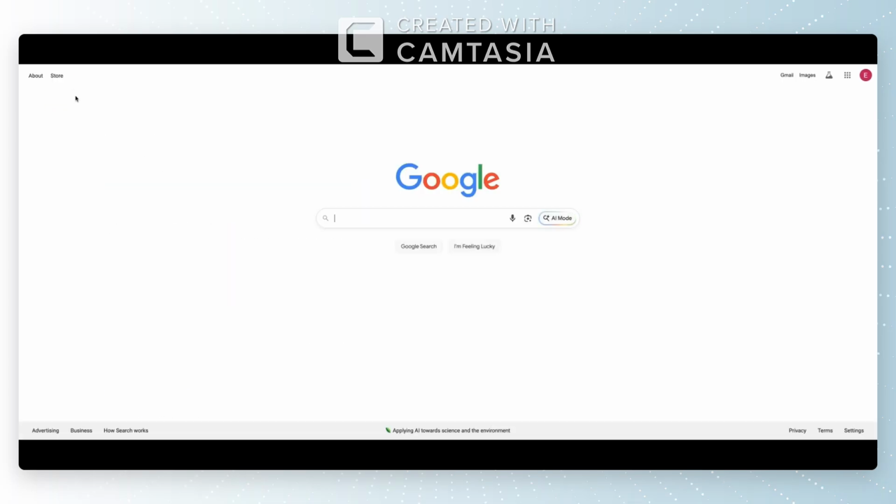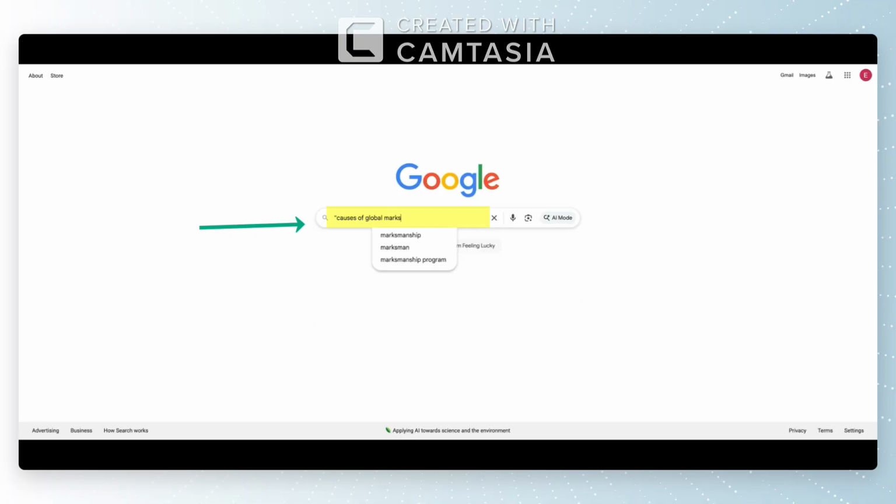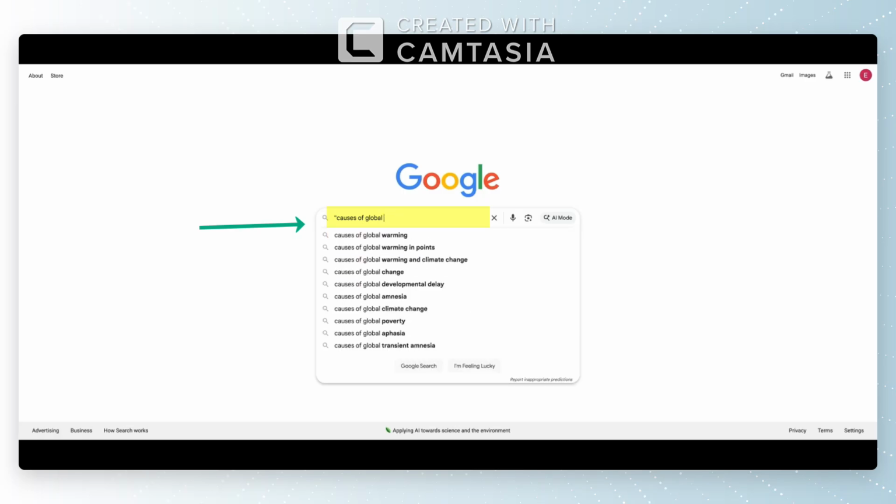So now we can go back onto Google. These are the tricks that are going to find the exact and specific web pages that we're looking for, by using specific symbols and words that refine your search. One really good one is the usage of quotation marks for exact matches. For example, I want to search causes of global warming, and once we use the quotation marks, it's going to find exactly only causes of global warming